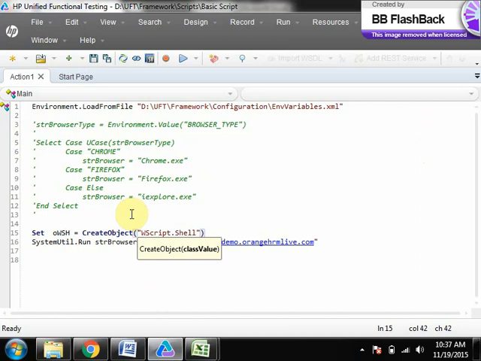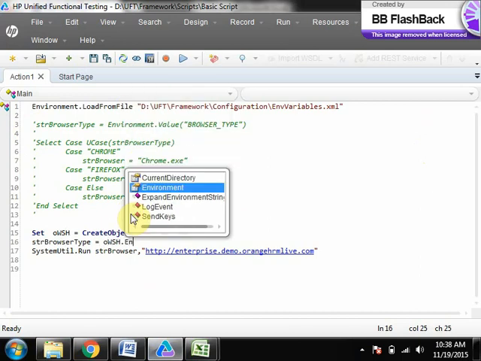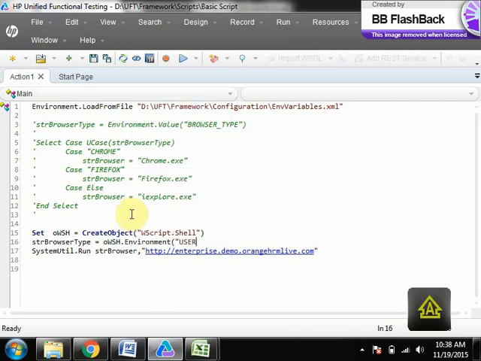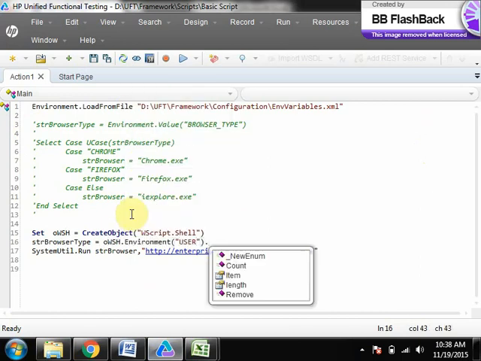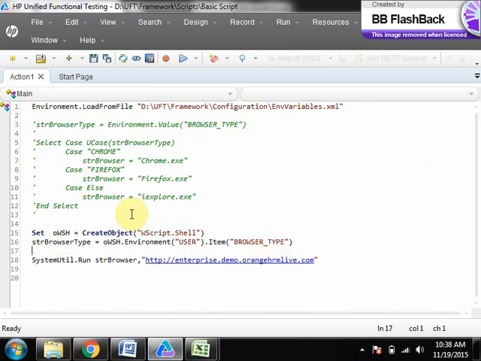In my script, I am going to write like this, and then strBrowserType equals to OWSH.Environment("User").Item of what is the variable? BrowserType. So in the macro we are creating or updating it, and from the script we are reading it.